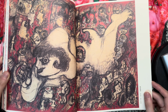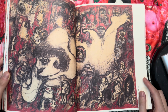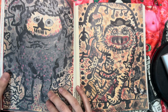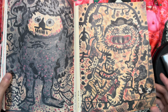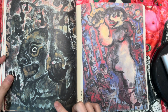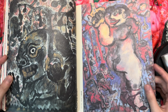But he has become one of my favorite artists, especially with this book. It's an insane book which can be hard to find, but I'd highly recommend looking for some of his stuff. Hopefully I can do a full flip through of this. But much like Toshio Saeki, who is well known for his eroguro, his very erotic